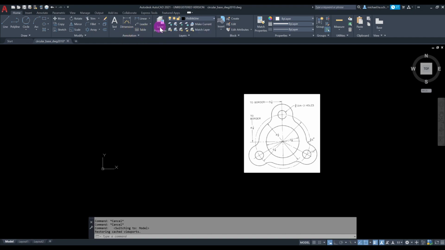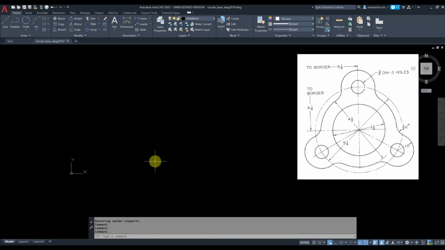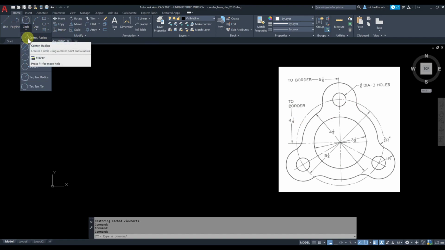If you go to the layer properties, you will see that your center line has a line type of center and the color of blue. You can change any of these as you wish. So the current layer is visible line with the line weight of 0.4 mm. That's good enough. As we talked about our strategy to draw this, you can grab the circle command with center radius,